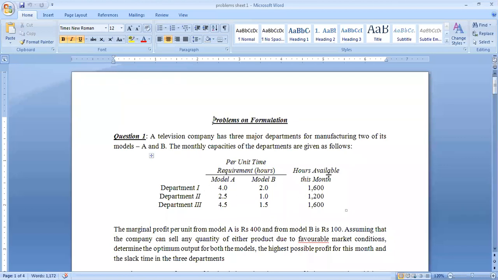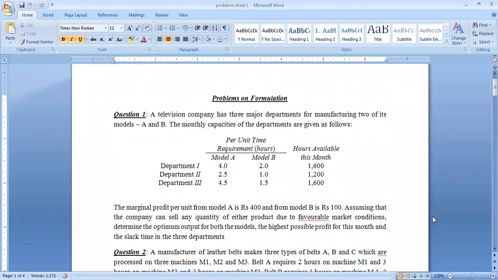You have this table, and the marginal profit is also given, assuming the company can sell any quantity of either product. Any quantity means the market is completely free. Determine the optimum output of both of these models.